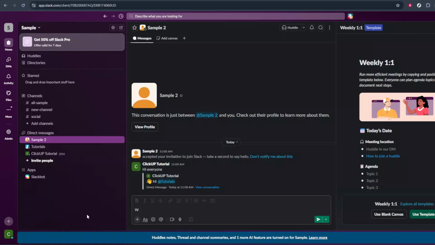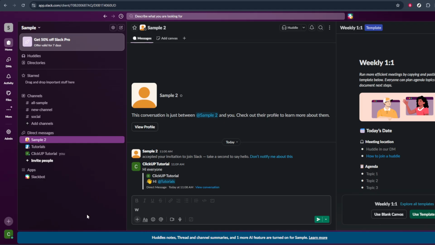In today's video, I'm going to teach you how to remove a user in Slack. We'll walk through the exact steps you need to follow as an admin to deactivate someone's account and effectively remove their access to your workspace. This is especially useful when a team member leaves the company, changes roles, or simply no longer needs access to